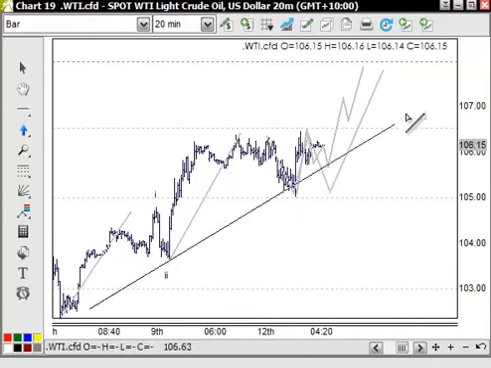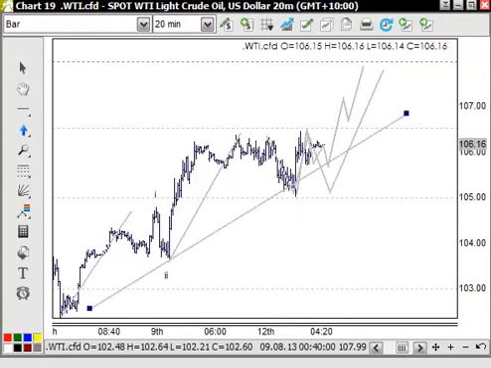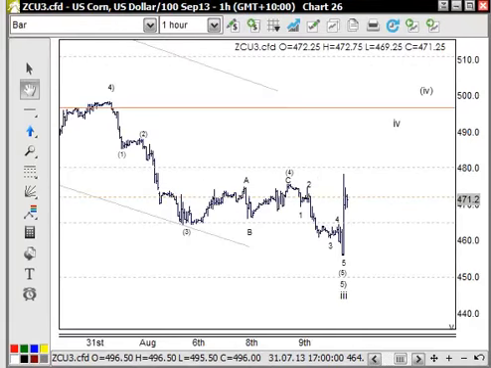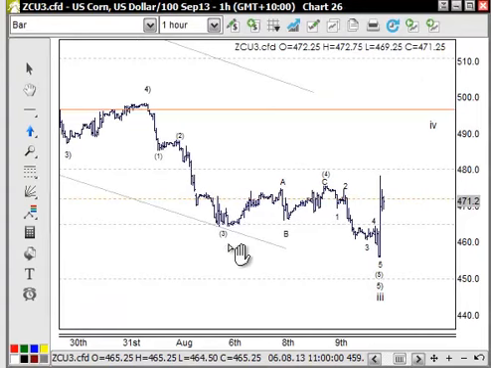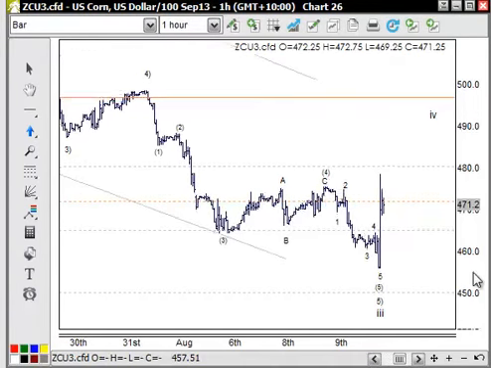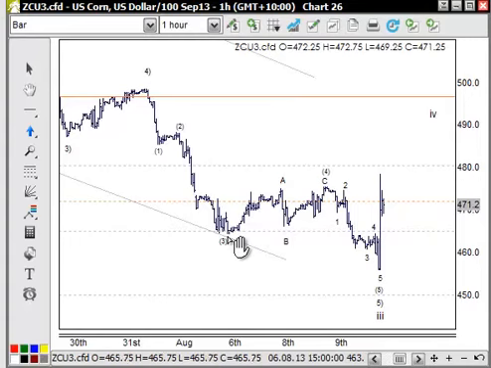But anyway, the main point here is that we're heading up through there. Okay, so soft commodities, corn, as you know, we've been tracking. So we were looking at this little correction through here. We're watching it unfold, and I was a little bit confused about it, but the good thing is